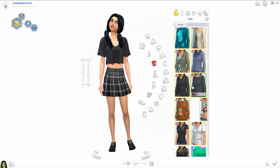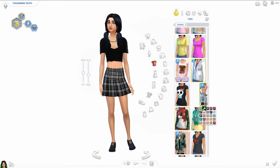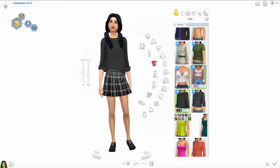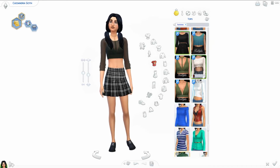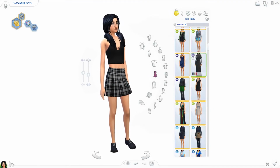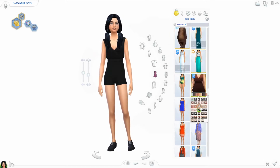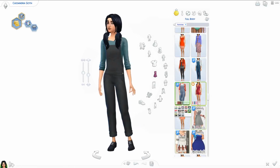One thing about Cassandra that is very different from her mother: I gave her mother a makeover in the last video, and as I said in that one, that was the first Townie makeover where I actually changed the body figure, because Bella didn't look good in anything at all. She looked horrible, and she also looked really, really unhealthy. She had a really huge bust and small waist, and in my opinion she looked unhealthy. And maybe if she was a real life person, she would look fine, but I just couldn't find